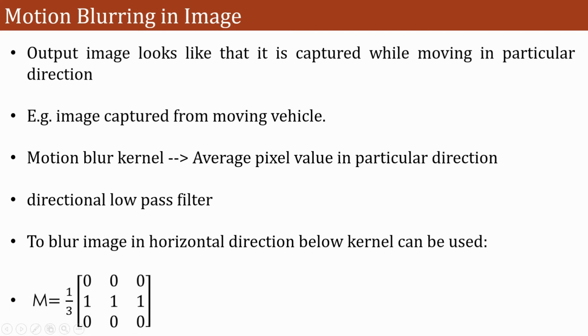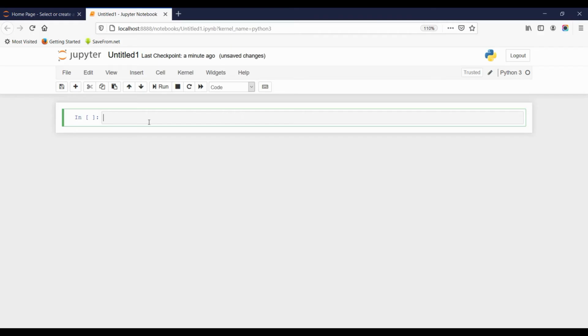Now if we see the kernel here, in the blurring operation we have all the values 1, whereas in motion blur we will have a central row or central column as 1. Here you can see it is a 3 by 3 kernel, so the center middle row is 1 and the summation of it is equal to 3. To normalize it, we have to divide the entire matrix by 3. So this is just a sample kernel of size 3 by 3 of motion blur using Python.